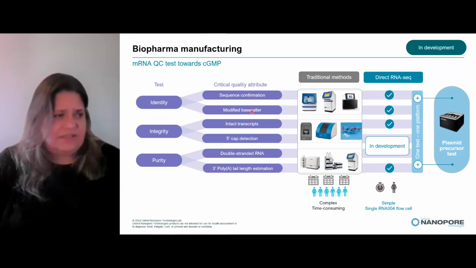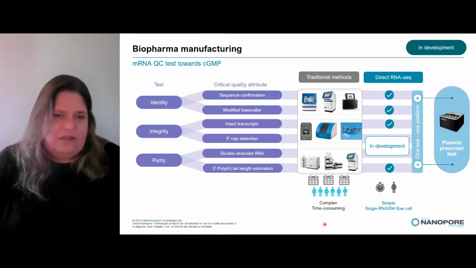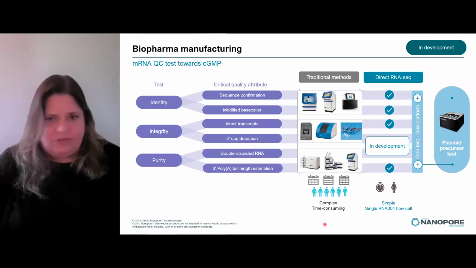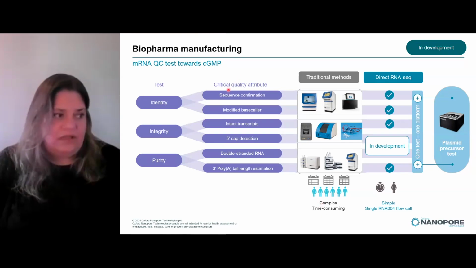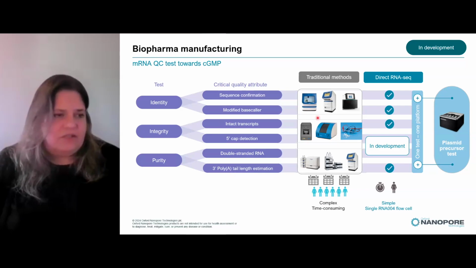So what the sequence is, whether you've got intact transcripts, poly A tail length estimation, you'd have to use all these different kinds of methodologies. They're very complex. They take a lot of time. They take a large footprint, and these are highly resourced as well. With direct RNA sequencing, we can actually do a lot of these critical quality attributes in one test on one platform. And so, if you can see here, we've got the different checks that we can already test for,